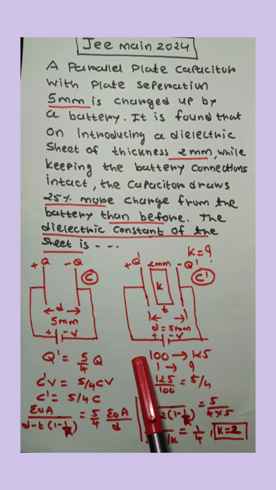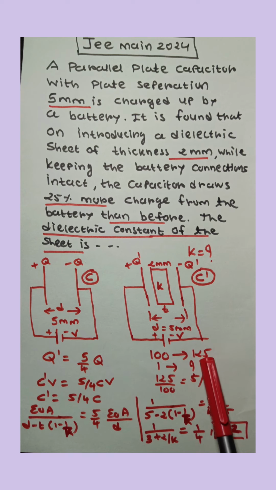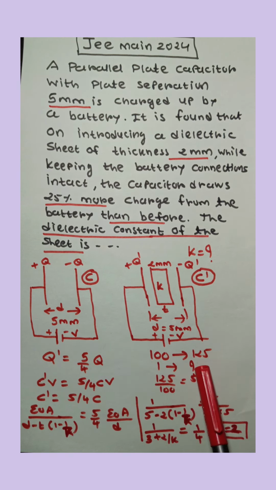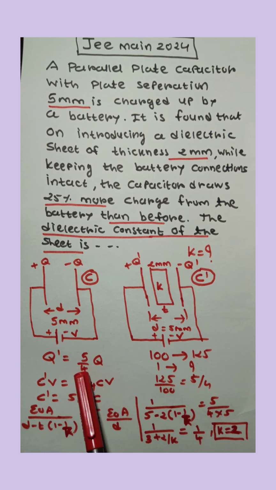When the value of any quantity is 100 and it is increased by 25%, then the new value of the quantity is 125. If the value of the quantity is 1, then the new value is 125 into 1 upon 100, that is 5 by 4. So the new charge is equal to 5 by 4